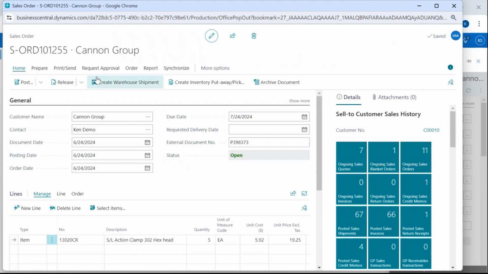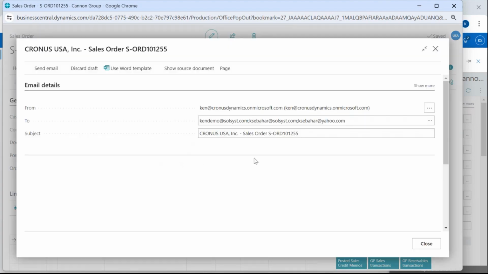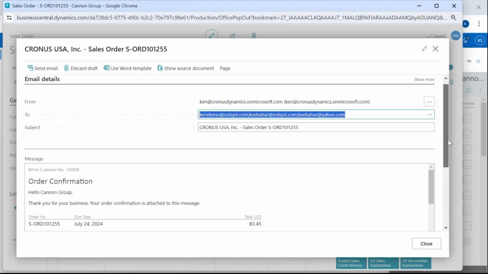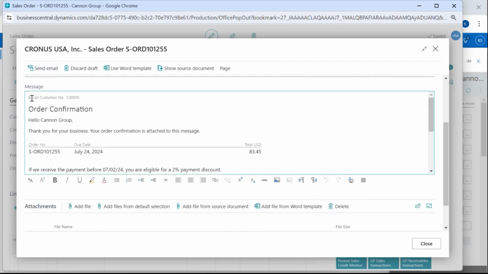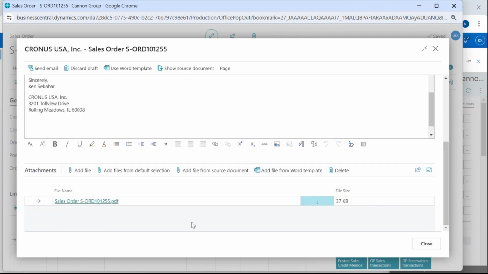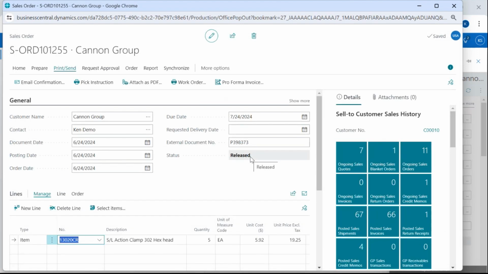And I can either send this order for an approval request, or perhaps if I have the authority to approve it myself, I can release it and then email a confirmation to the customer. Here's their new order confirmation. Here's a nice template body of the email that has a nice message for the customer. My sales order confirmation is attached as a PDF, and I can send that email off to the customer,